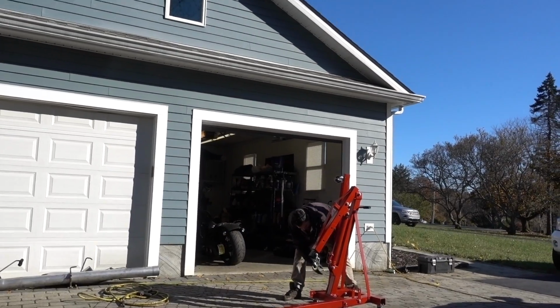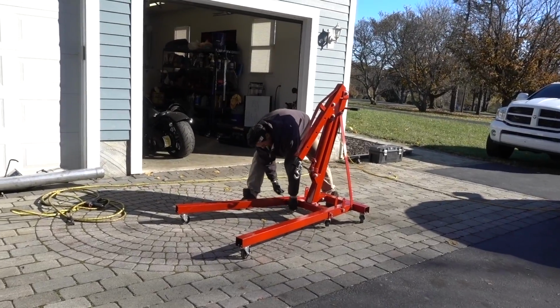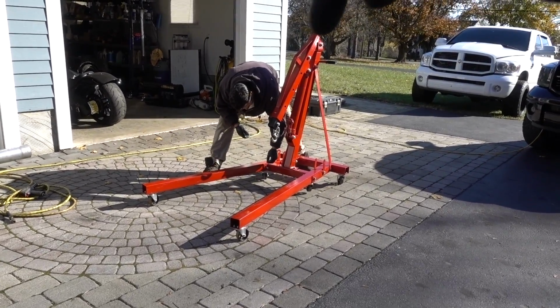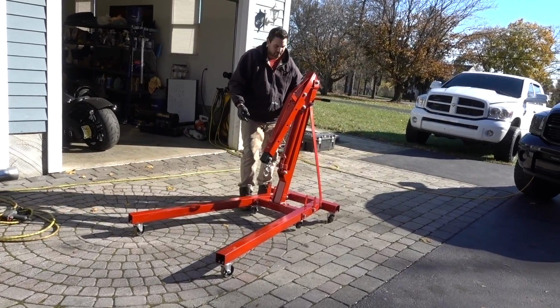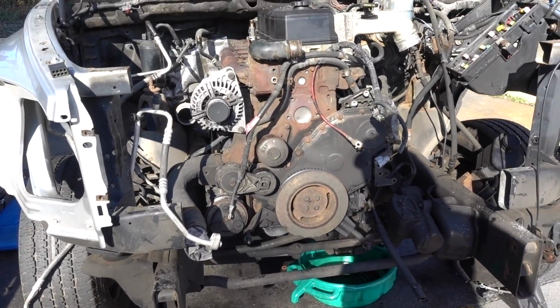So, while Greg's setting that up, there's what they call an engine picker-upper tool. Show them our German Cummins. Oh yeah. So while we were disassembling,